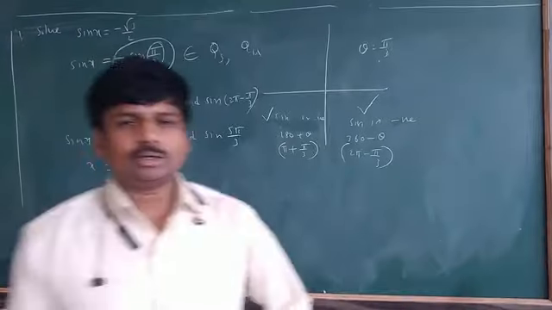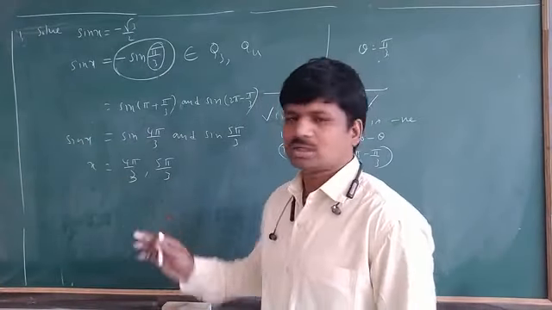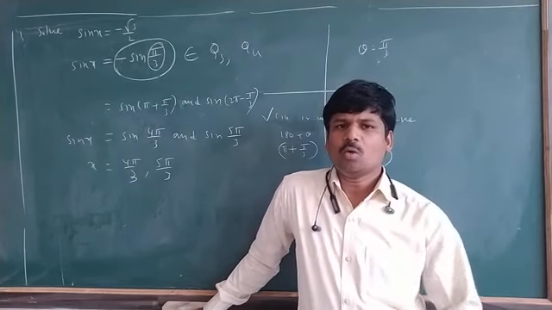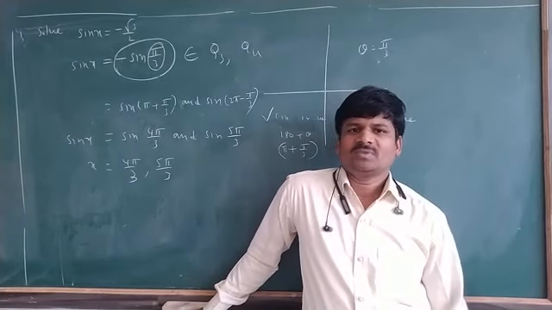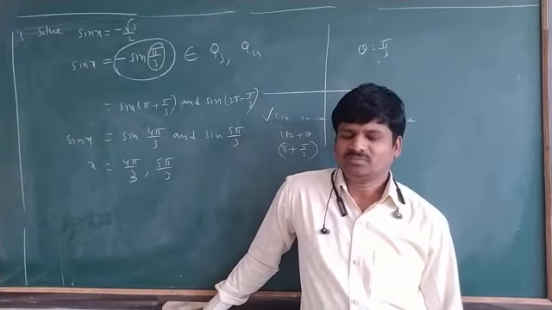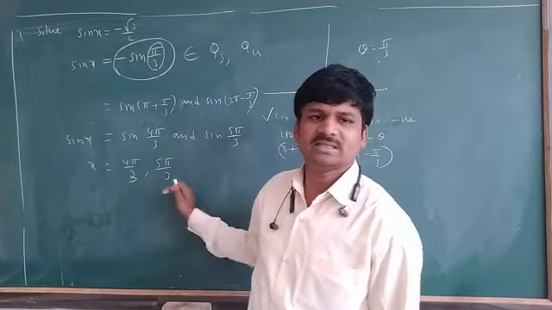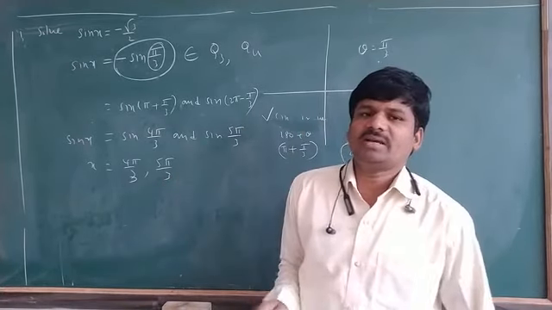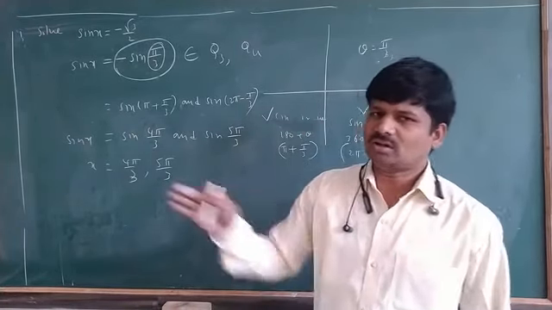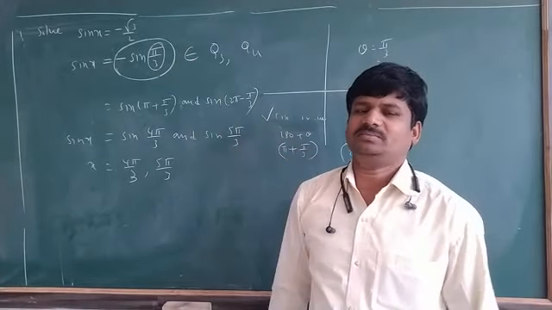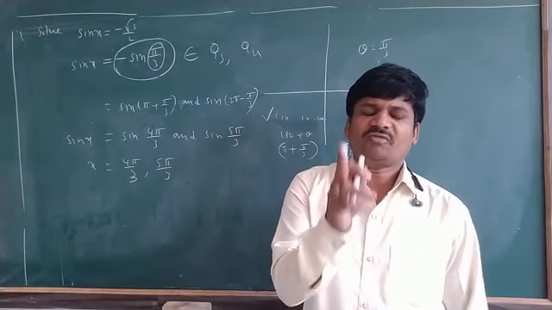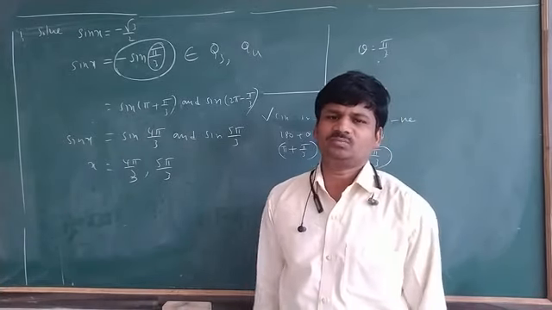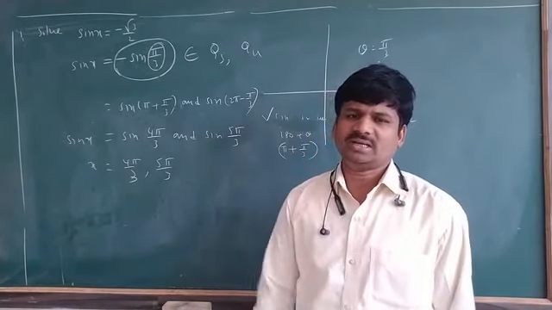Actually, to find general solutions, we don't need two principal solutions. We need only one principal solution. I just explained this way to find principal solutions. Now next, what will I solve here? I will solve this equation to find the general solution. As I told you, to find a general solution we require only one principal solution, no need for two.